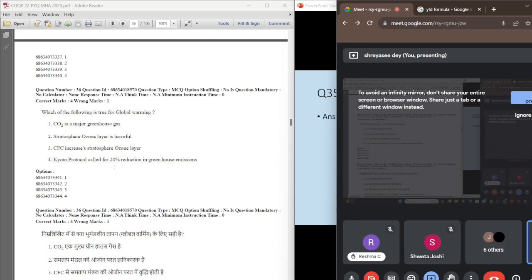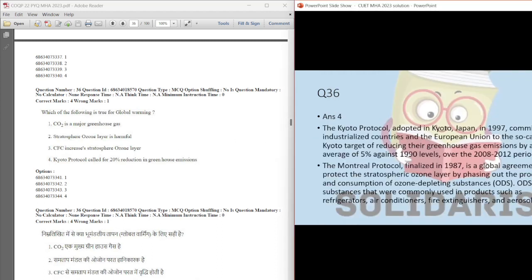Now next comes the Kyoto Protocol called for 20% reduction in greenhouse emission. Now let's see what did the Kyoto Protocol call for. See, the Kyoto Protocol adopted in Kyoto. It called for reducing greenhouse gas emission by an average of 5% against 1990 levels. So this 20% is also false. So CO2 is the major greenhouse gas. This is the true one. Now in case of protocols, these two protocols you need to study about: Kyoto Protocol